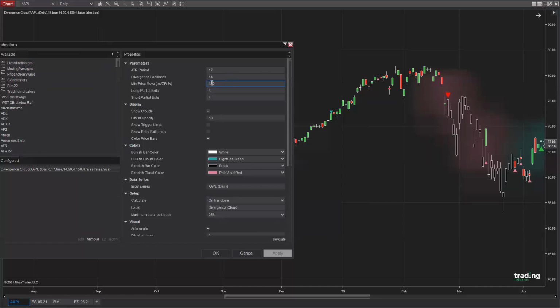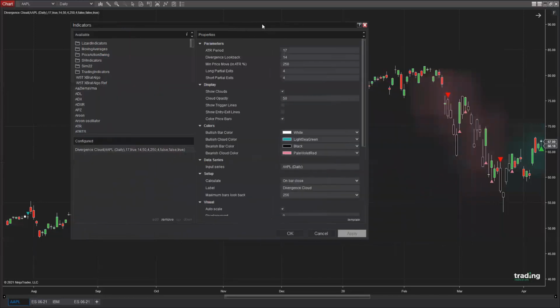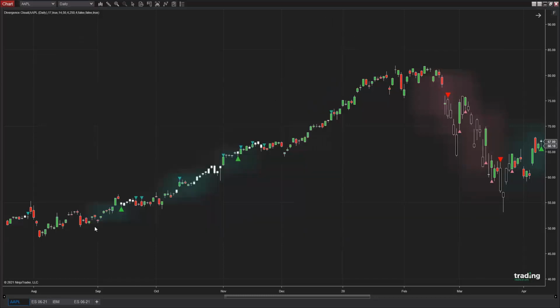So if we lower this threshold or make it a bit higher, you will see that potentially our entry signals, not in this case, may move further down. Let me maybe increase it even a bit more. Yeah, I can't see it here, but this is the determining factor of how early you'd like to take this signal or not. Okay, please keep this in mind. We will be using this parameter very shortly. But for now, let's have a look at one more chart.